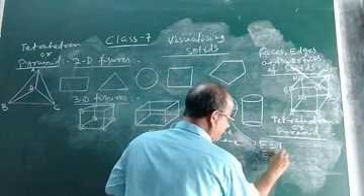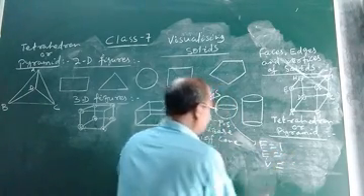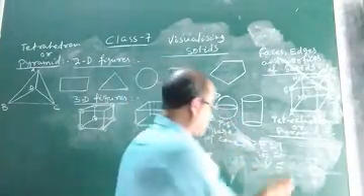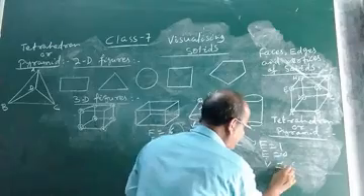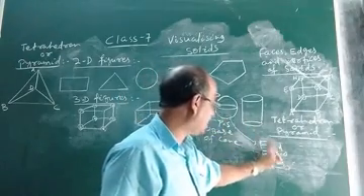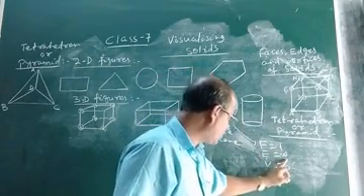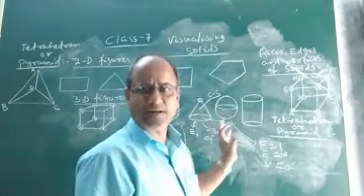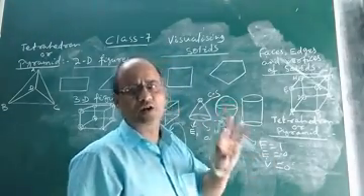What about edges and vertices? Does it have any edge? Clearly the answer is no. It has no edge. Does it have any vertex? No, it has no vertex. So a sphere has one face, no edge and no vertices. And a sphere is a 3-dimensional solid which is only a curved surface.